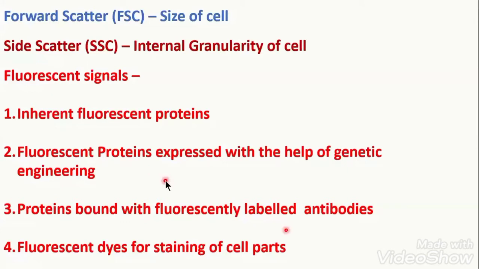Otherwise, we can use antibodies, which are fluorescent tagged antibodies. And these antibodies are binding to a target protein. And those target proteins, with the help of these antibodies, are giving us what? Fluorescence. And we can use fluorescent dyes for the staining of parts of a particular cell, like DNA, like nucleus, like some kind of protein. So size, granularity, and fluorescence. We'll be playing with these factors, and I will be explaining some amazing